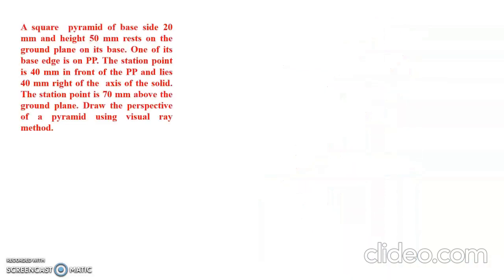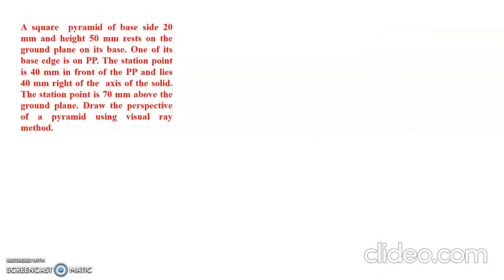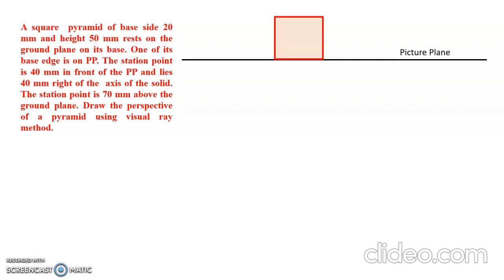Okay. So there is another problem. A square pyramid of base side 20 mm and height 50 mm rests on the ground plane on its base. In the previous problem you can see the pentagon is 10 mm behind, but here the square pyramid is standing on the picture plane. First the picture plane and then the top view, that is the square,